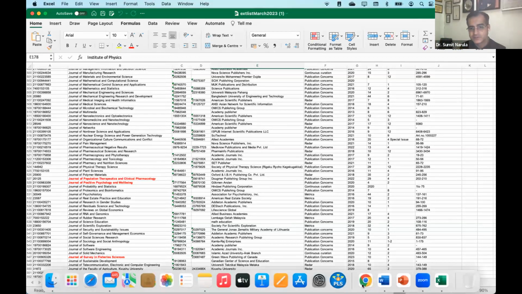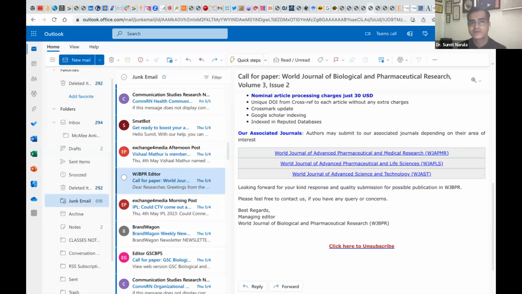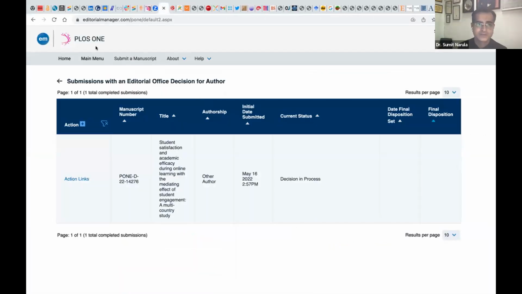Now, there was earlier a question, when I was in the previous session, they asked me how much time a journal should take. So I have a unique example of my own research paper which got selected. Here it is. It is in PLOS. It is SCIE with 5 impact factor. You just look at this. The paper we submitted is a multi-country study of 8 countries on COVID-19. We submitted the paper on 16th May 2022. And the decision we got was that it was accepted with minor and major modifications in May